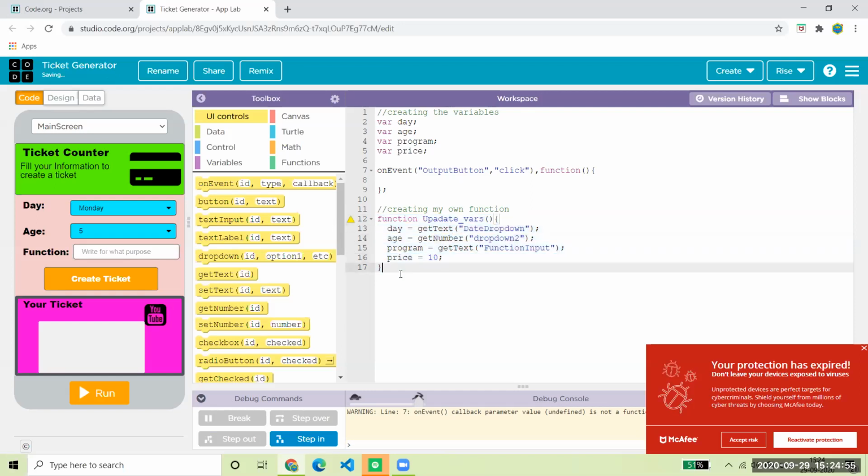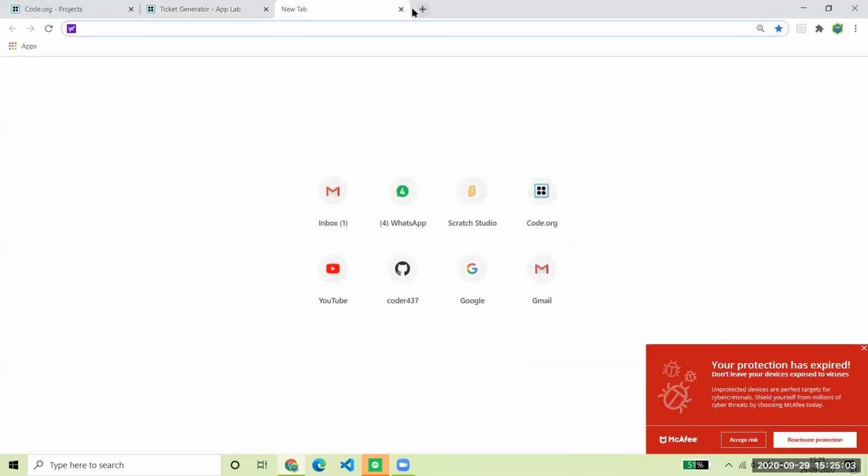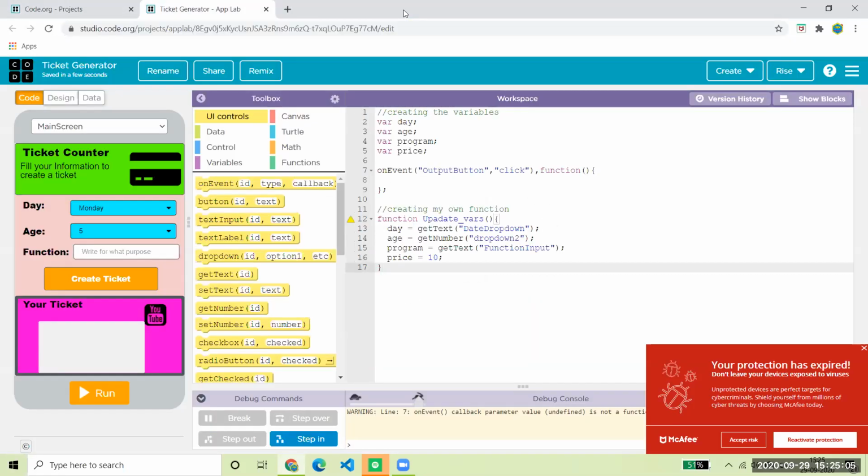But some apps are bigger. Let me take some examples, like the game which you play on your mobile phone, or any website which you see, like Amazon, WhatsApp. They need to call a function again and again, so that the task happens again and again.